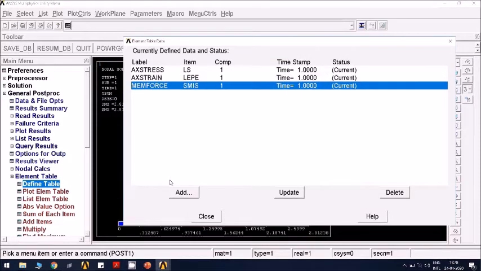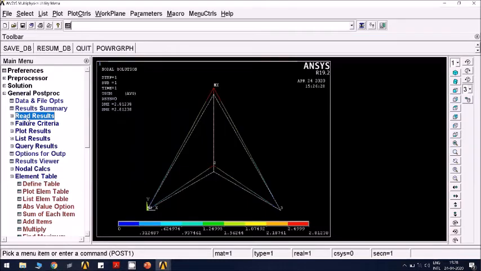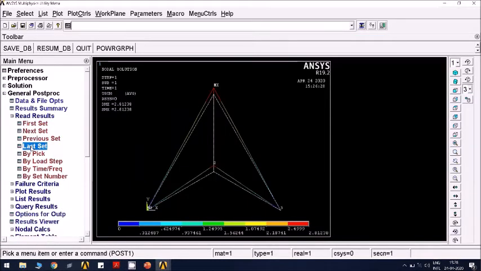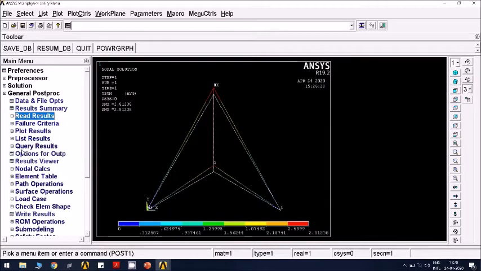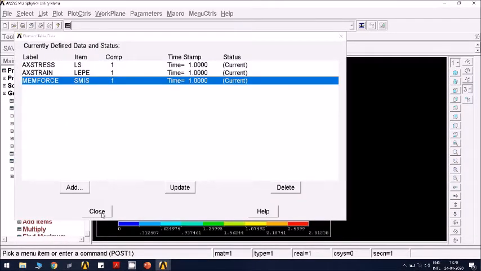For ANSYS versions 19.1 and 19.2, before defining this element table, you have to go to read results, last set. You have to read results last set, then come back to element table, define table and define this. Otherwise it cannot define the items.